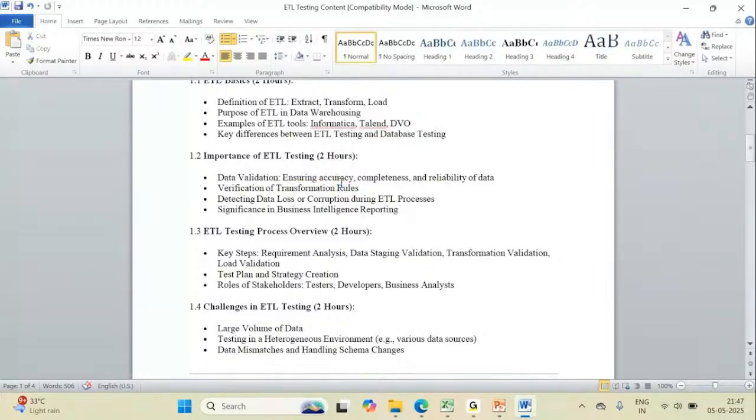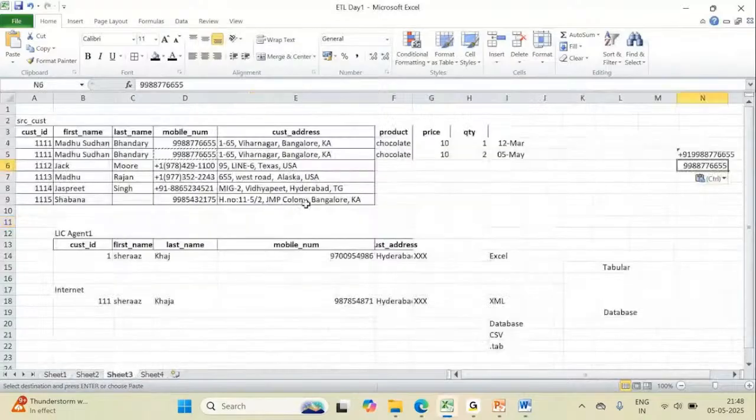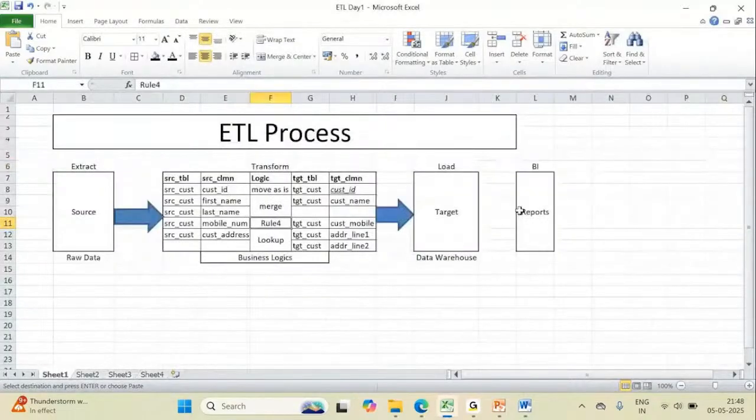Accuracy is nothing but that the data in the data warehouse should be accurate. Completeness, like I was telling, whatever data started from the source and is loaded into the target, while traveling the data should not get missed. That is what we have to ensure. And then reliability of data throughout the process. For example, this customer ID, from when it got started until it reached this report, it's our responsibility to make sure that nothing has been missed, no transaction got missed, and the data is the same throughout the process, it did not get changed